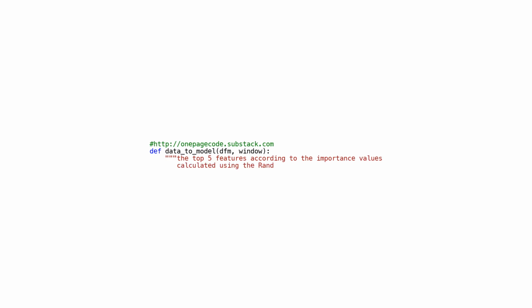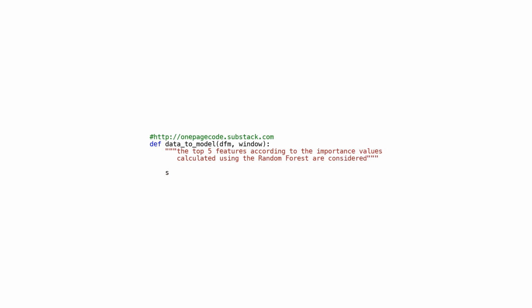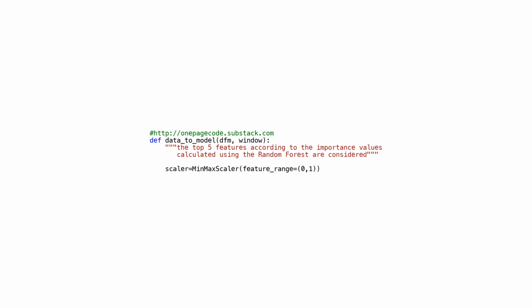Using this function, you pass DSM, which represents the data frame containing the data to be modeled, and window, which represents the window size. The first line of the function creates a scaler object that will be used for transforming the data into a range between 0 and 1, which is useful for certain machine learning algorithms. Following the creation of the original data frame DSM, we create a new data frame DT that contains the scaled